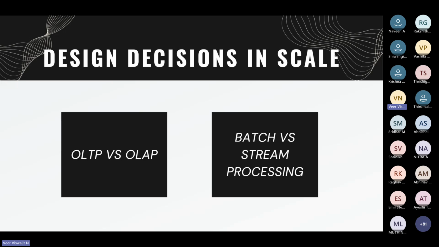So how to decide what type of data comes in which category? There are basically two types of segregation that you can think of: one is OLTP and the other is OLAP. OLTP is online transaction processing and OLAP is online analytical processing. What transaction processing is, you might say,